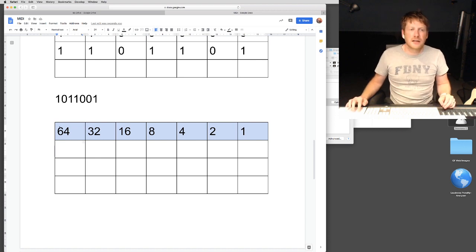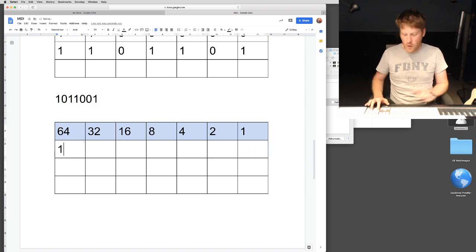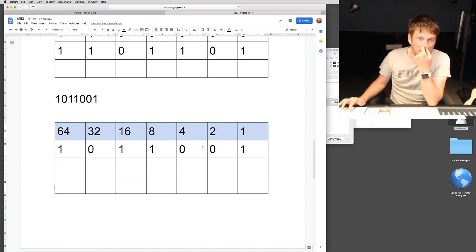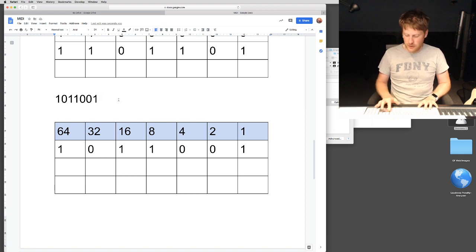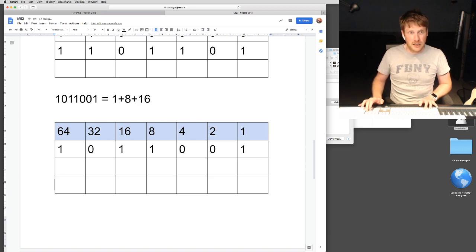The way I like to do this, again, make a little table, draw in your reverse doubling, halving numbers from 64 down to 1, and then write out the number in there. 1, 0, 1, 1, 0, 0, 1. Then what you need to do is add up these numbers if there's a 1 on them. So to get this, we know that is going to equal 1 plus 8 plus 16 plus 64, which is